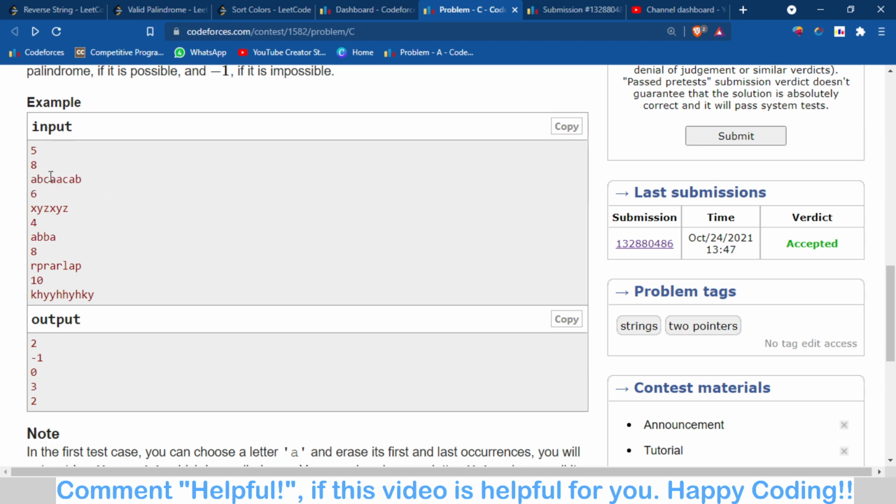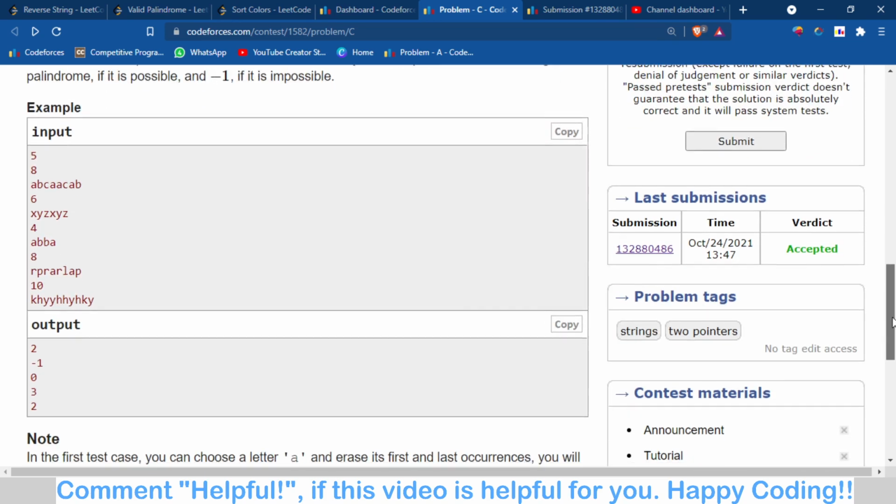For example, if it erases this one A and this A from the string, then this string will become a palindrome. So only two operations are needed. It can erase only one type of character, and we want the minimum number of erasures so that it becomes a palindrome string.